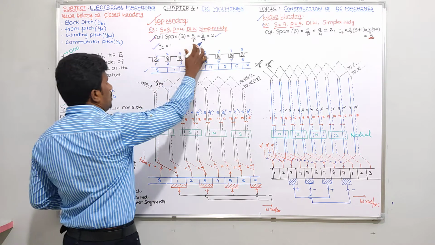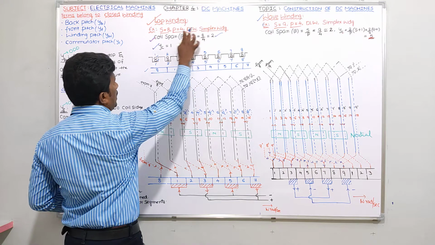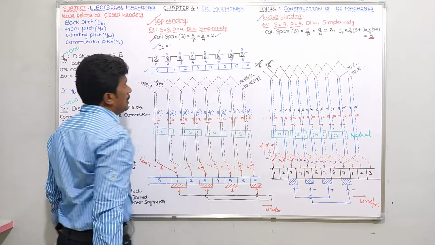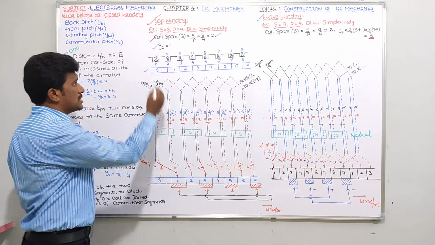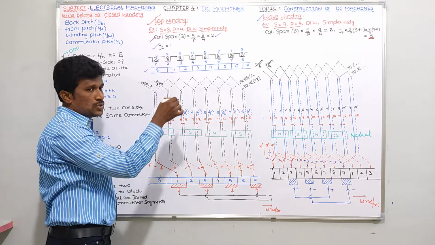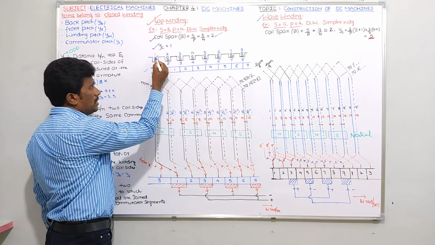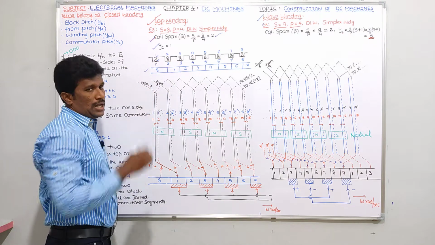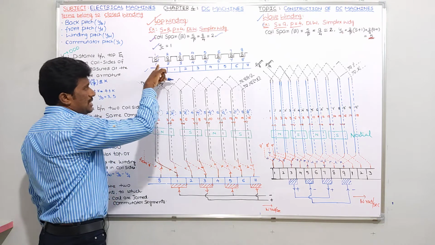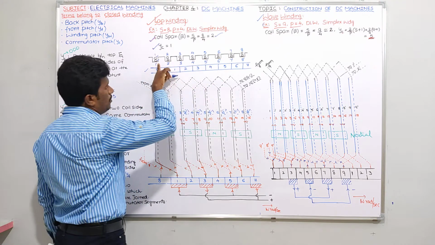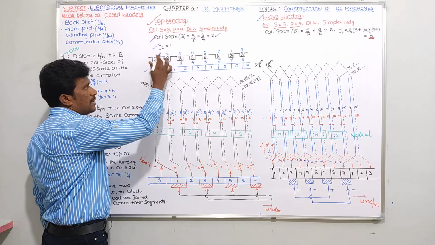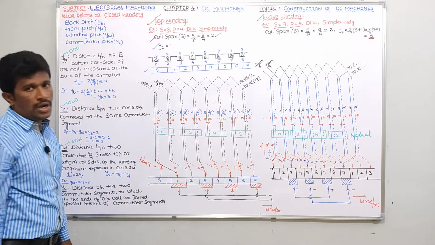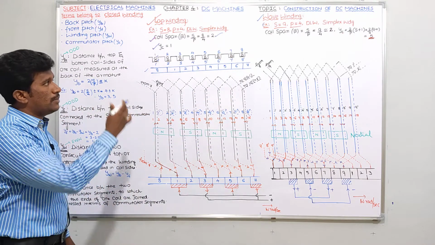And if you see here, since it's a double layer winding, let me take the number of slots 8 here, 1, 2, 3, 4, 5, 6, 7, 8, and so on. Since it's double layer winding, we'll be placing two coil sides in each slot. One coil side, another coil side. Already we know two coil sides become one coil. Here I just placed two coil sides in each slot. So ultimately, how many coils do we get in this case? These two coil sides become one coil. Here second coil, third coil, fourth, fifth, sixth, seventh, and so on up to 8. So number of coils equals number of slots because we are using double layer winding here.